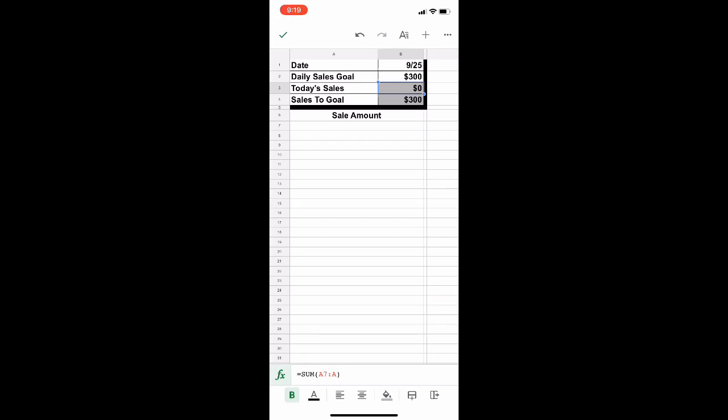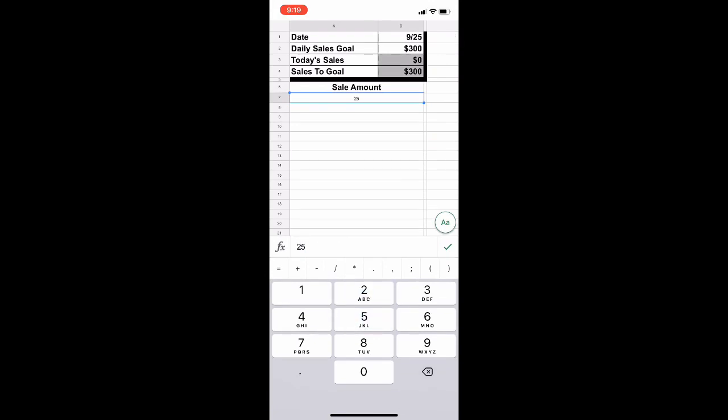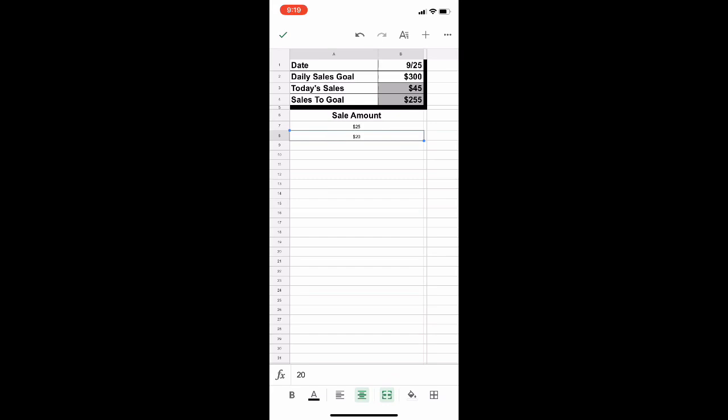So if I went and checked my Poshmark account, I know I already sold two things today. One was for $20 and one was for $25. I haven't updated this yet because I knew I was going to do the video. So I'm going to put in 25 there. I'm going to put in 20 there. It's going to tally it up and say I've already sold $45 worth, and I have $255 left to go